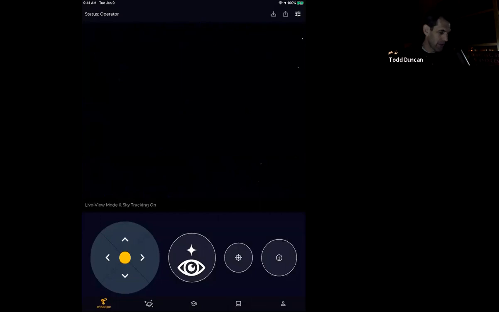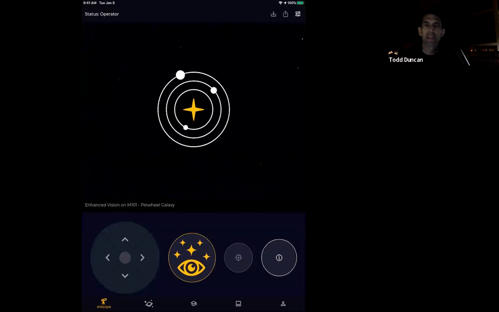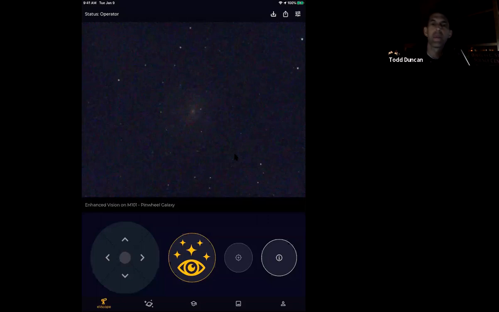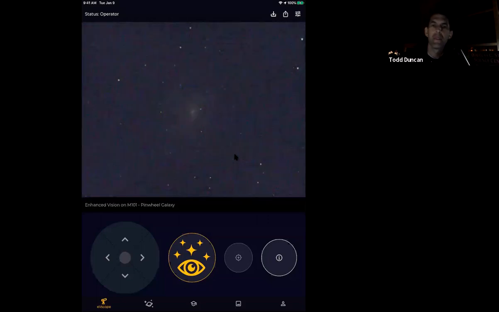And the thing that we're trying to look at is too faint to be able to see with just basic video. So if I do hit that button, the enhanced vision mode, essentially what it's doing is stacking multiple images. So it's essentially taking a longer exposure and doing a little bit of correction to subtract out the background skylight. And then you can start to see, it'll improve as time goes on here, you can start to see the shape of the galaxy, and you can see more stars. You can start to see the shape of it standing out against the background again,